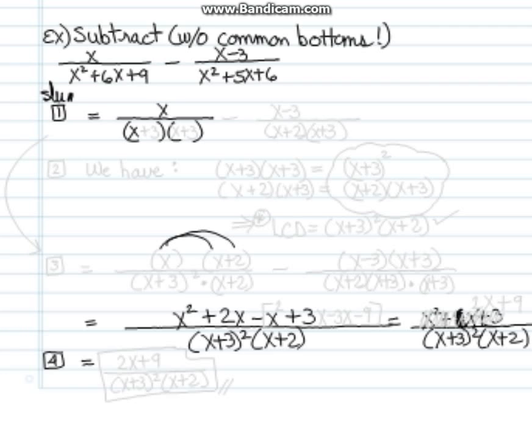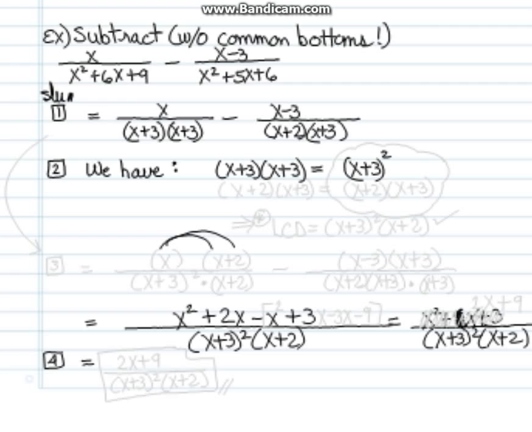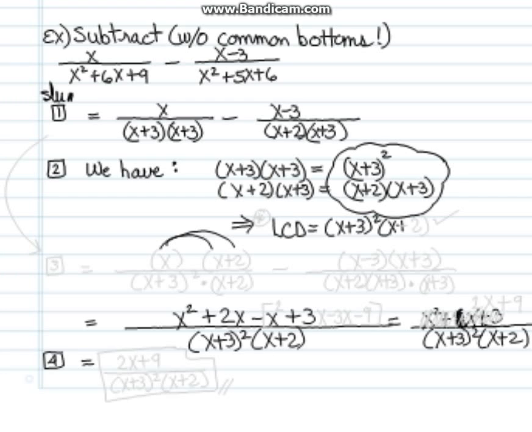We get x plus 3 times x plus 3 on the bottom of the first one, minus the second rational function, which has a denominator of x plus 2 times x plus 3. So on the first denominator we have x plus 3 times x plus 3, and that means that we can write that as x plus 3 to the second power. And then we have x plus 2 times x plus 3, each to the first power. So that implies that the LCD is equal to x plus 3 to the second power, because that's the highest power available,